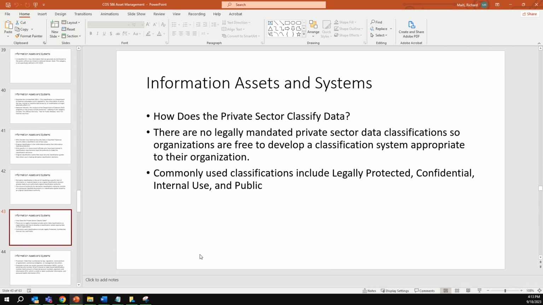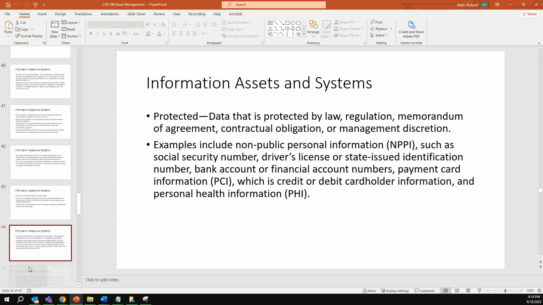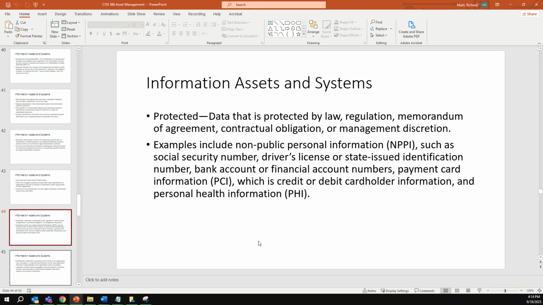So the private sector doesn't have the legally mandated data classifications. So they may develop their own, like it says, they're free to develop a classification system appropriate to their own organization, but they can use guidelines: legally protected, confidential, internal use, and public. So they can use guidelines. So protected is data that is protected by law or regulation. So these are non-public personal information,